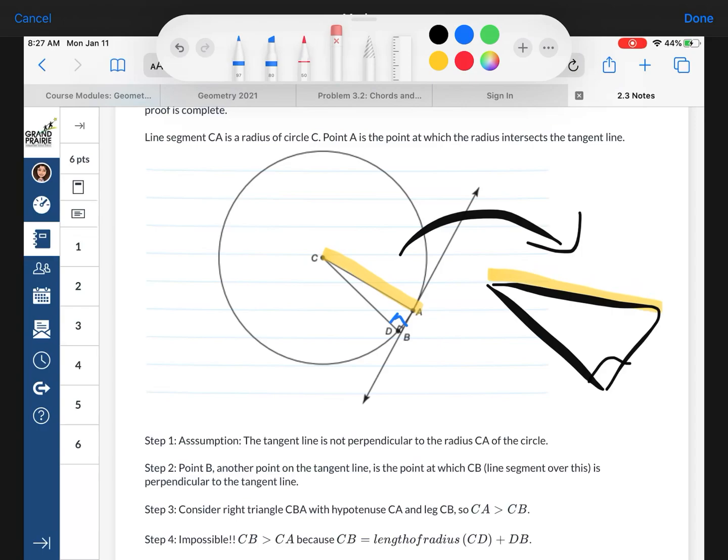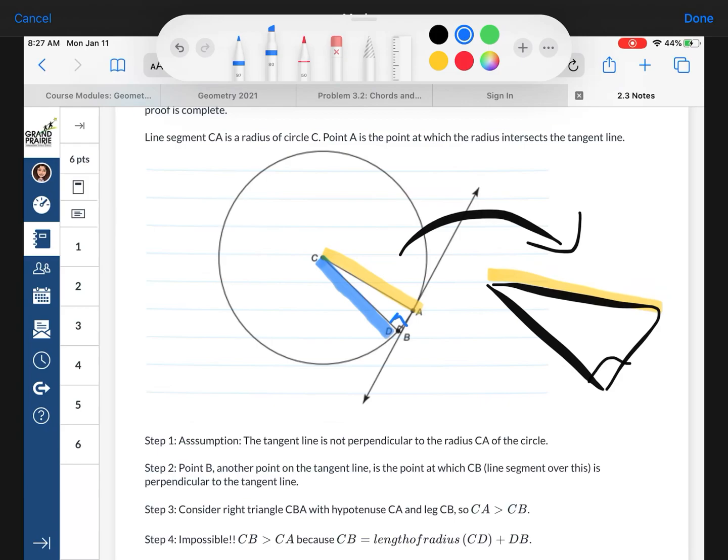Step 4 says that that's impossible because CB is greater than CA because CB equals the length of the radius, CD plus DB. So we actually just contradicted it. This is impossible. It can't be bigger because they're both radii. Okay? Notice as we look at this picture, you could easily notice that they're both radii. And actually,